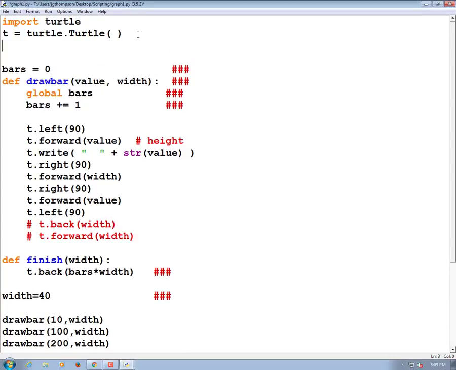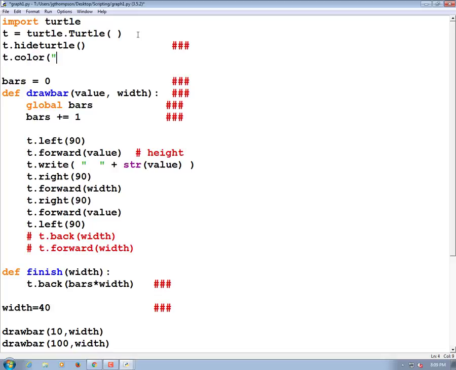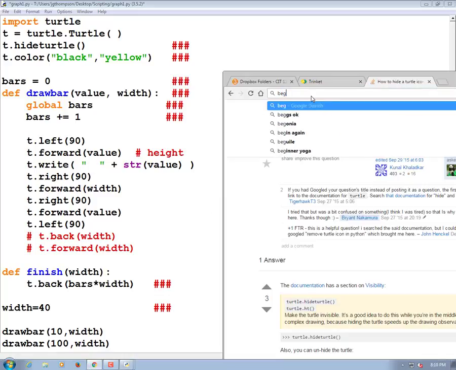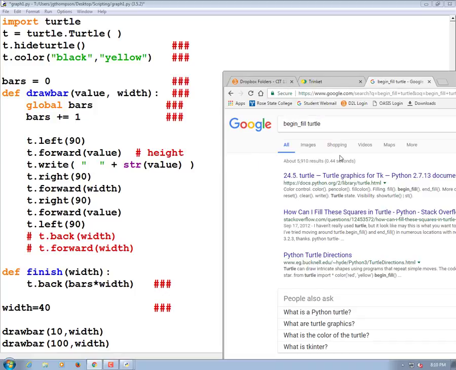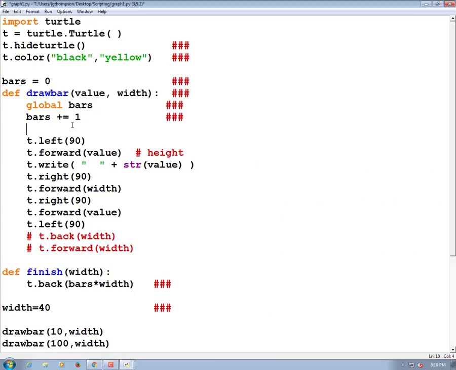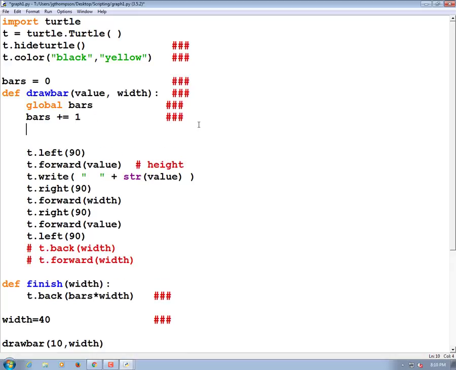So as soon as we create our turtle, let's hide them. T.hideturtle. Bye, turtle. Let's set our colors. T.color, I want my bars to have a black outline with a yellow fill. Before I start doing all my rigmarole, I want to begin my fill. And I never remember if begin_fill has an underscore in it or not. Yeah, it does. So the very first thing in the function,